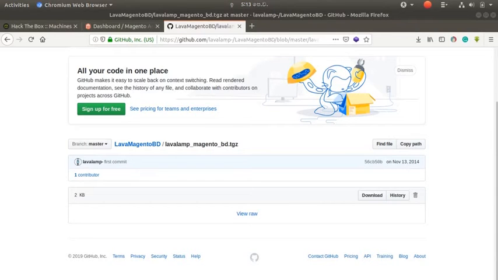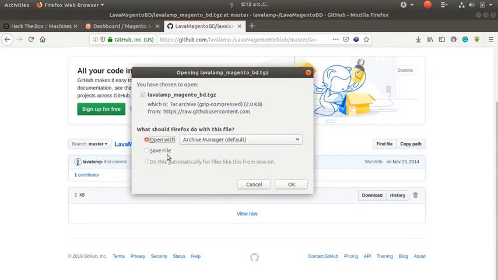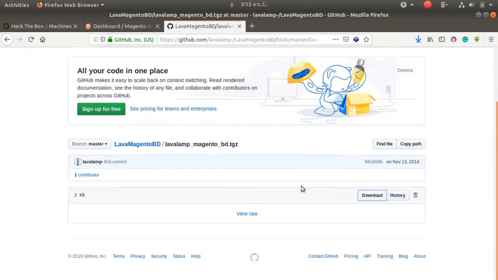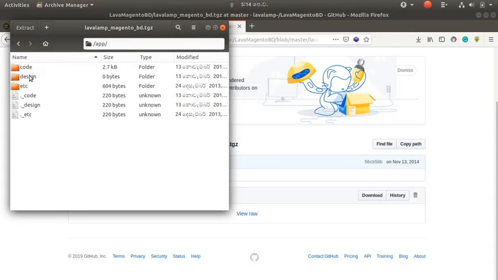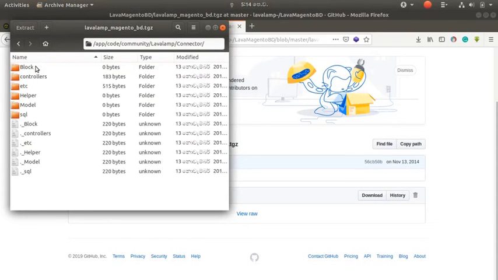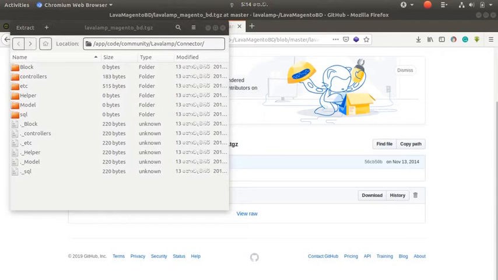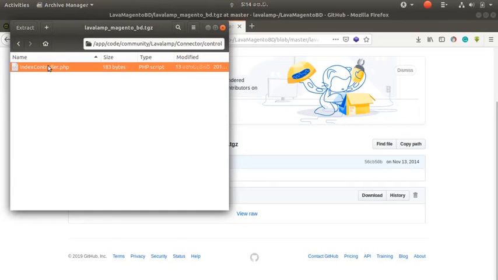So we have to download a backdoor manually, and in GitHub there is a Lava Magento backdoor, and we are downloading that file and editing it as we want. Here we go, and just press download. It is downloading, and I just have to save the file. Yes, it is downloaded, and let's open that